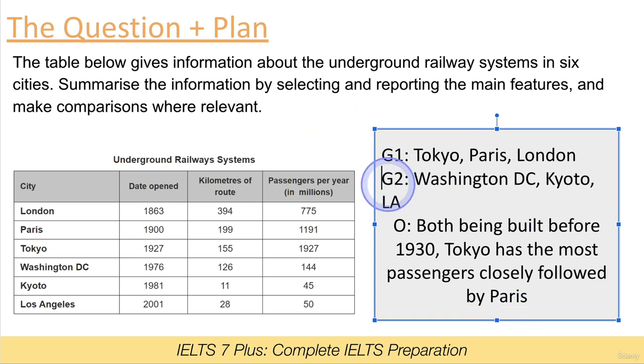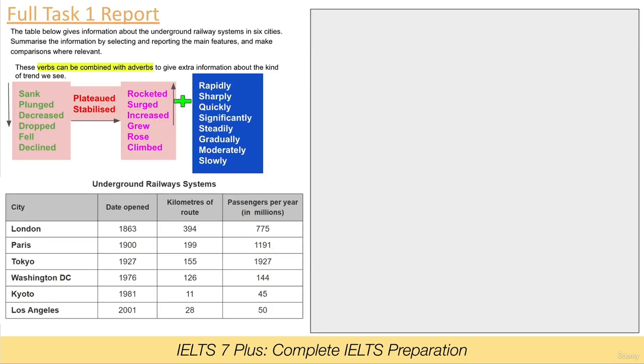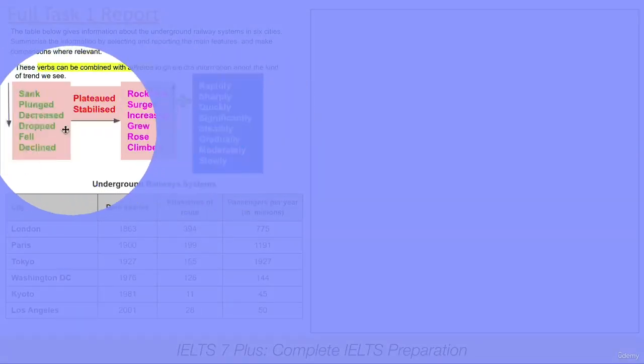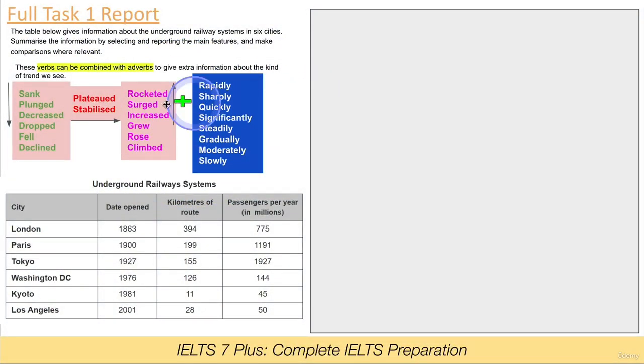Okay then, so that was quite a good technique to do the overview first, and then through doing the overview, we decide what groups would be the best route to go down for this one. Right, so we've got our groups, we've got our overview. Now we can go into the write-up. So we've got our question, and we can use some words from here. So I've kept it on here to describe certain patterns, maybe not as much as